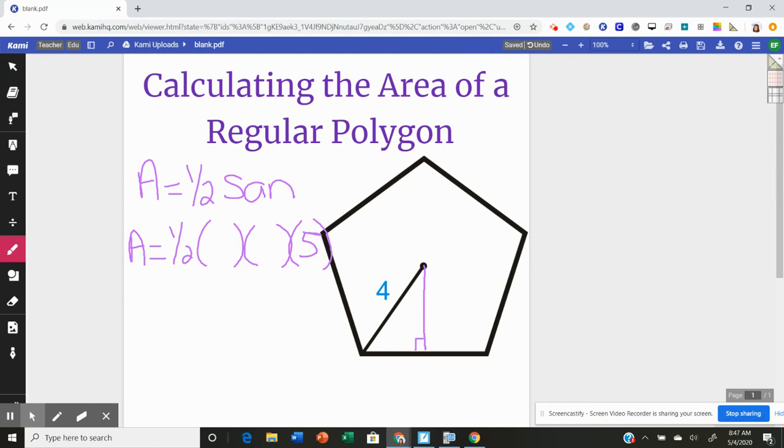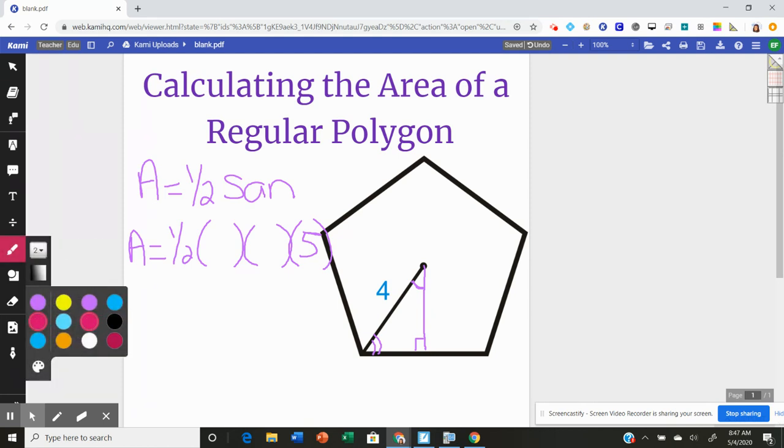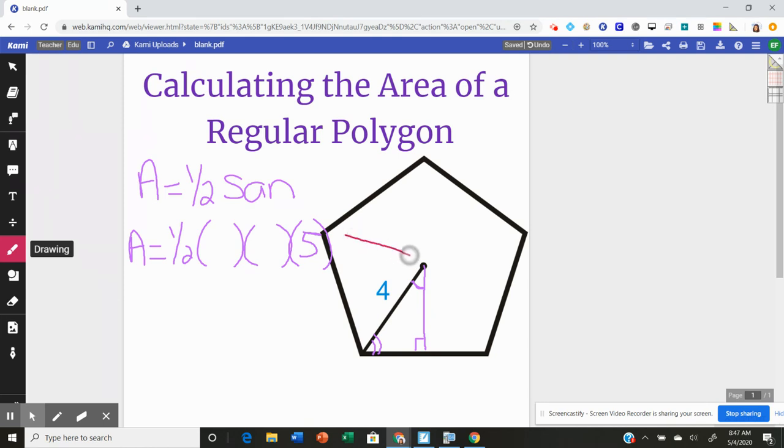And then I have to figure out either my central angle, this angle up here, or I have to figure out this angle down here. Again, it doesn't make a difference which one you choose to find, but we need to find both of them. So I prefer to look at it from a central angle perspective. So in that case, if I'm drawing in my triangles here,